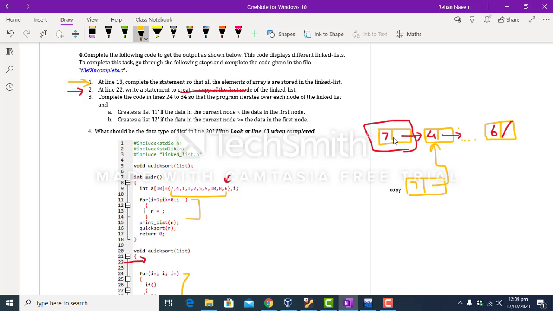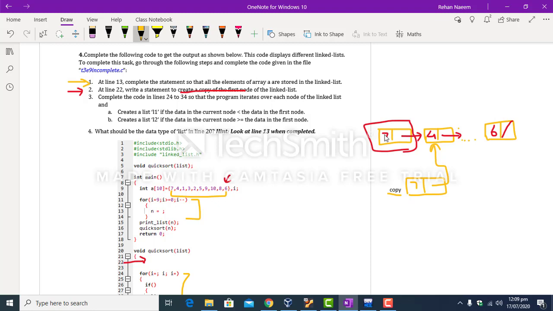Your code should go through each node of the linked list you have created in step number 1, and you have to compare the value in the data field with the value in the data field of this copy node.